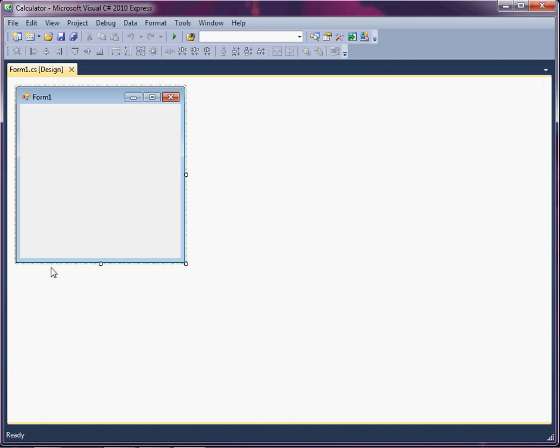The first thing I'm going to do is show you a very useful resource that is not shown by default, and that's grid lines on my form. Right now it's just blank, but grid lines are very helpful in designing. They help you to line up your controls. And so we want to show them. The way you do that is you go up to Tools, click it, go to Options,